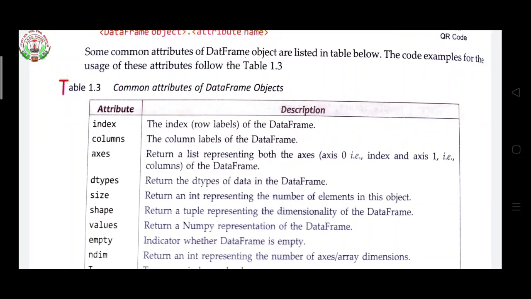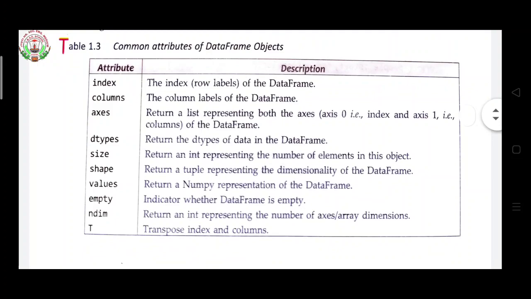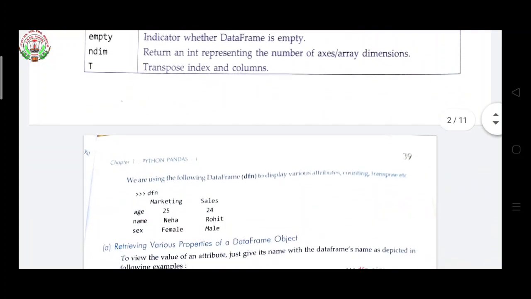Shape returns a tuple representing the dimensionality of the data frame. Values returns a numpy representation of the data frame. Empty is an indicator whether the data frame is empty. Ndim returns an int representing the number of axes, the array dimension. T transposes index and columns. These are the attribute names.